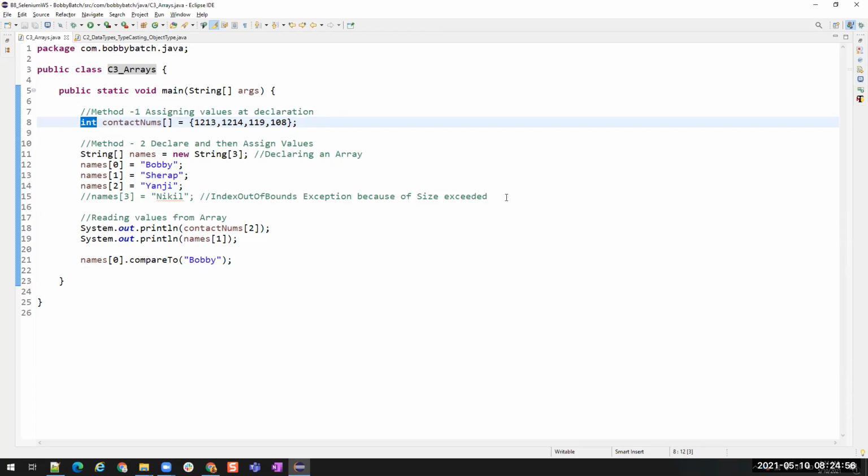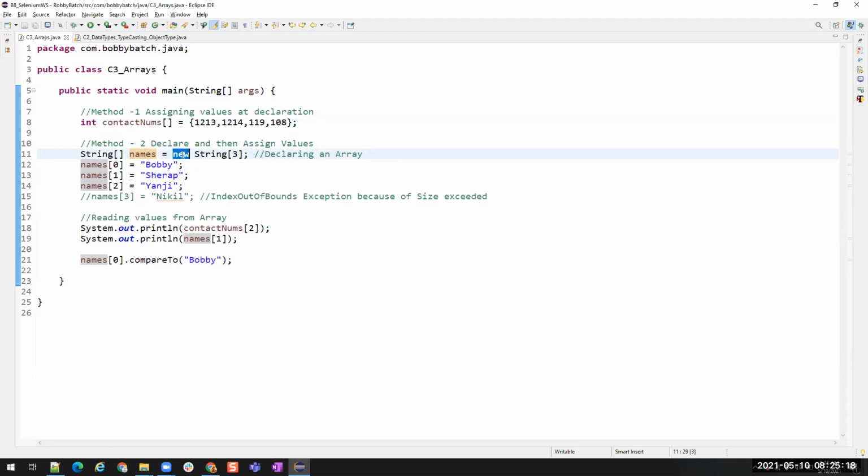Okay, got it. Right. And there is one more difference. When I'm using this reference data type, I'm using a keyword called new. So when I'm using the keyword new, this is going to create an object for these names inside your memory. It is a new object for this string.